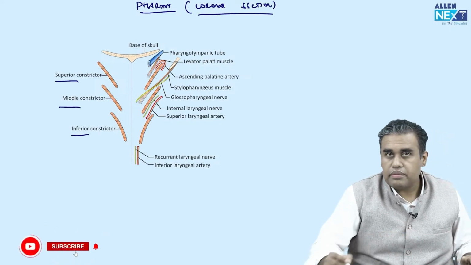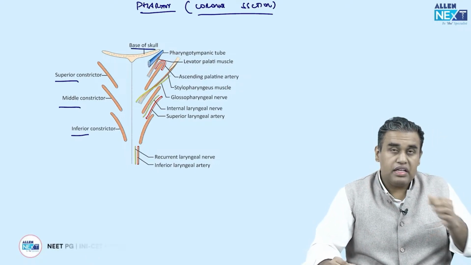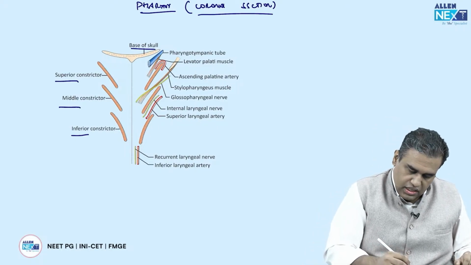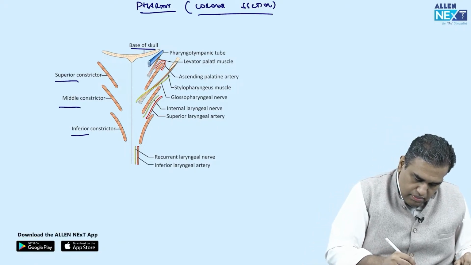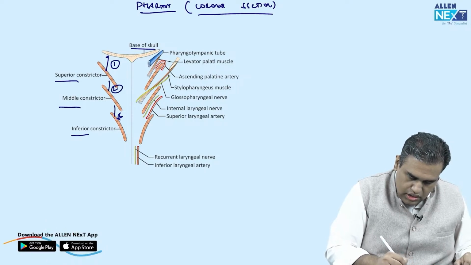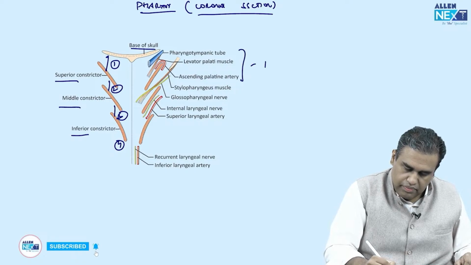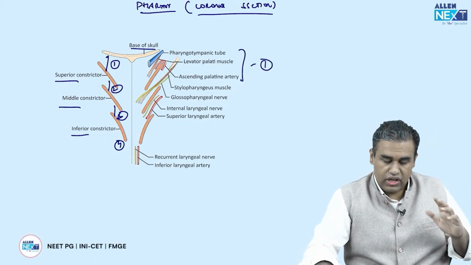तो यहाँ पे तीन मसल्स हैं, superior, middle, inferior constrictor. ऊपर क्या है, base of skull. क्वेश्चन आते हैं इनके बीच से क्या स्ट्रक्चर पास करते हैं, तो superior constrictor और base of skull से, या मान लीजिए 1, 2, 3 और नीचे से आ रहा है स्ट्रक्चर 4। तो अब ये देखिए, ये जो स्ट्रक्चर्स हैं, ये 1 between the base of skull को मॉर्गेनी स्पेस ही बोलते हैं।